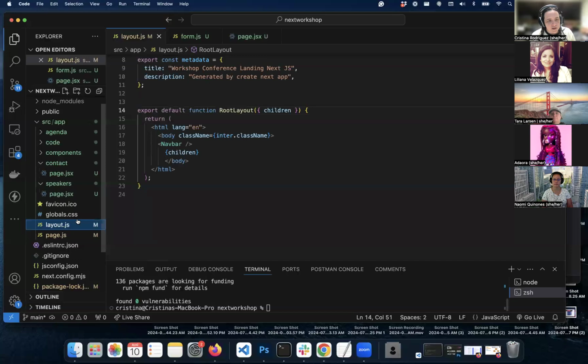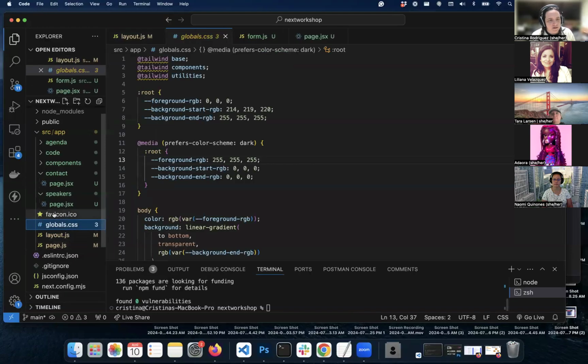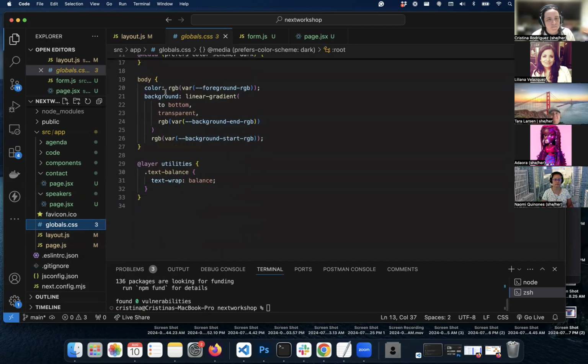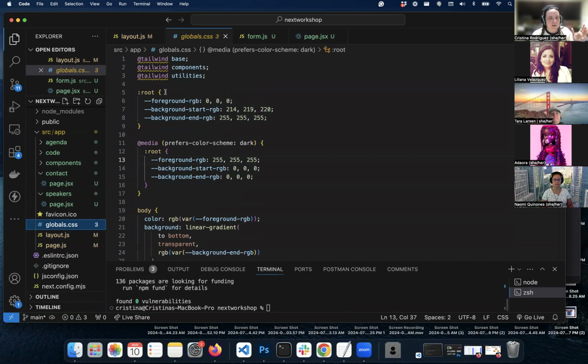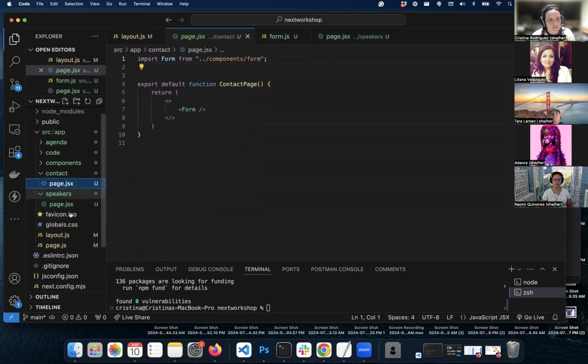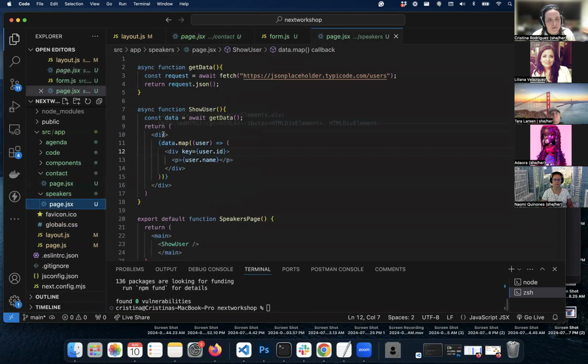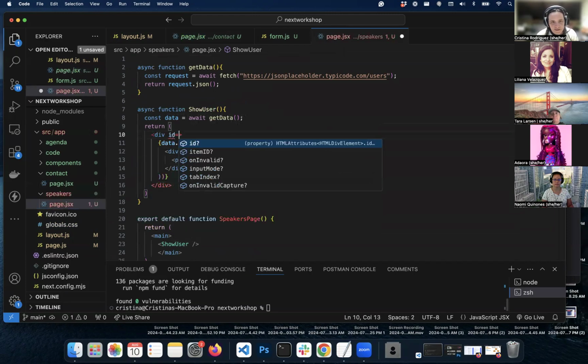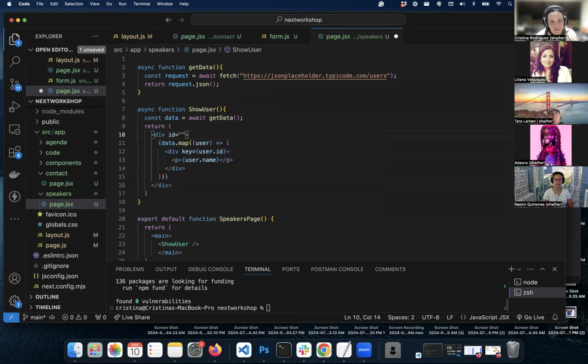You can work on the global CSS. In the file global CSS, you will have all your CSS variables that affect the whole app. If you put an ID here and call this speakers,